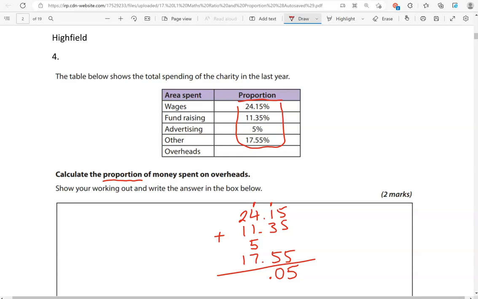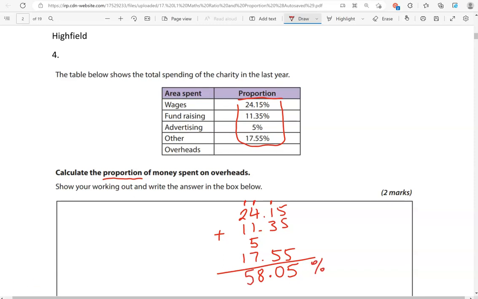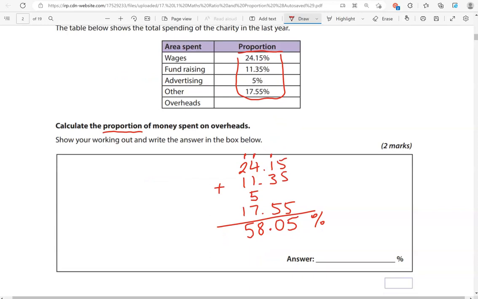4 and 1 is 5, and the 5 is 10, and the 7 is 17, and the 1 is 18. So 8 down, 1 carried over. 2 and 1 is 3, and the 1 is 4, and the 1 is 5. So 58.05%. So taking that away now from 100,